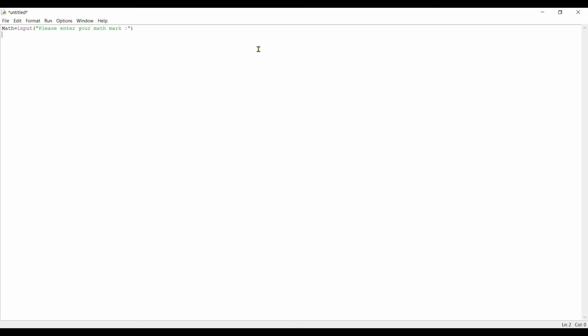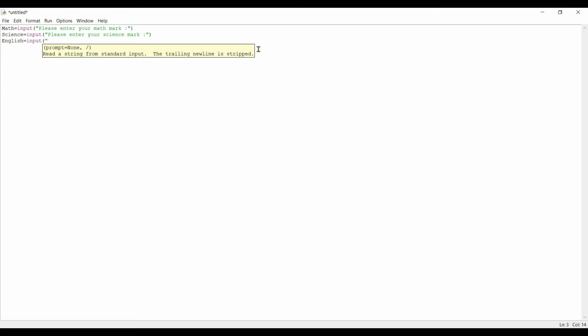After that, I am creating a variable called science and I am using input function, and inside the input function I am entering please enter your science mark. After that, I am creating a variable called English and I am using input function.